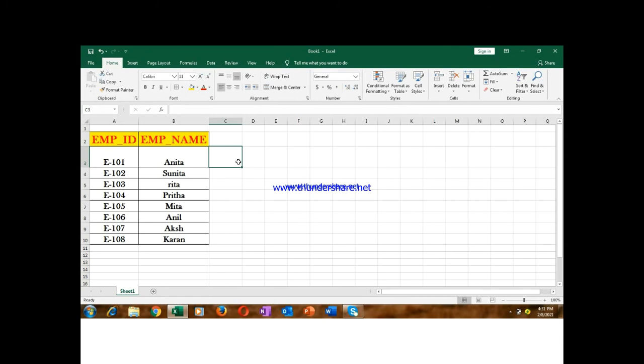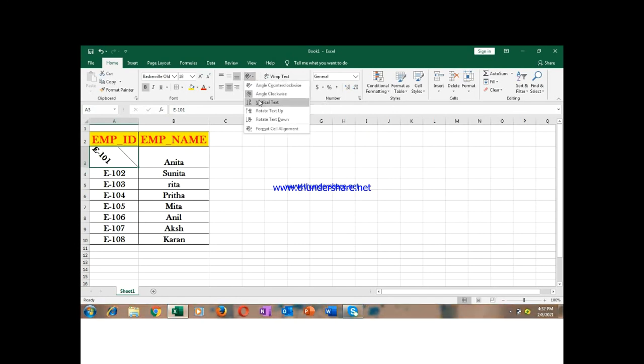Now the orientations. See, this is the orientation. Orientation means you want the text to be written in a certain way. It can be written diagonally also, vertically also you can write, see here. There are so many ways of writing this. I'm selecting it and showing you how to write in the different types. Counterclockwise, see, can you see it now? Then like this also you can write. Then vertical text like this. Depending on the need, sometimes you need vertical, that time you can write vertical. Sometimes if you need some other type, rotate the text up, or rotate the text down, so it will be down.